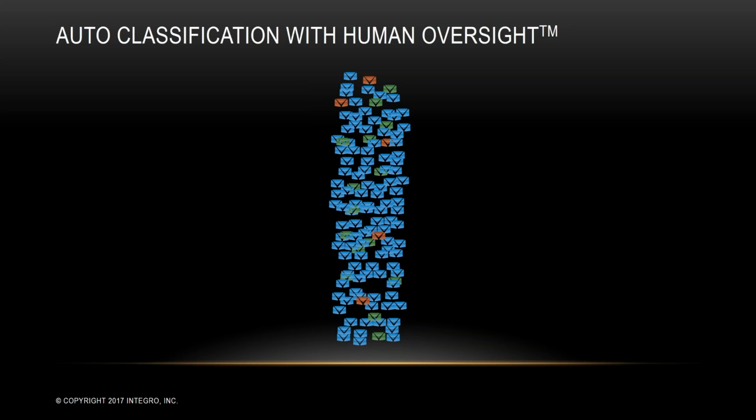So the key to being successful with auto classification is, first off, really knowing about auto classification and how to train it and how to make it work for you. There's a lot of really practical, sound business decisions that are going to make your auto classification successful or not successful. But one of those is you need to have human oversight. Now, what is human oversight? Well,